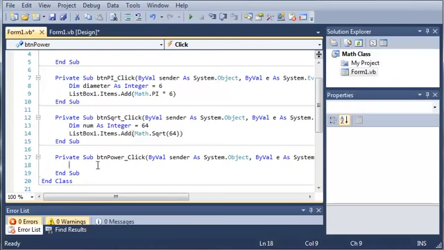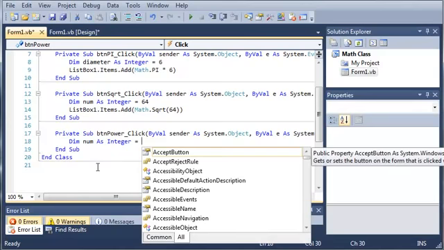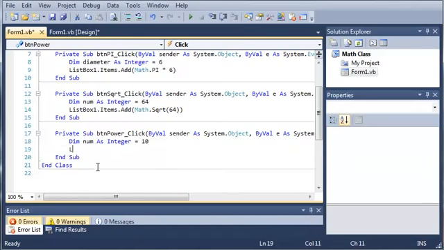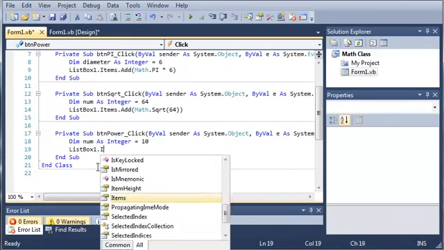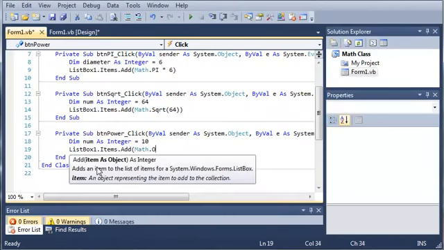And for the power, we will go ahead and declare another number, so dim num as integer. We'll set that equal to 10, and then we'll type listbox1 dot items dot add math dot pow,